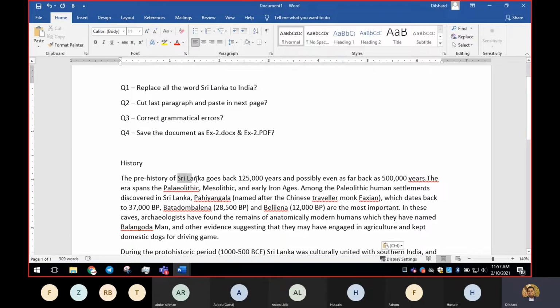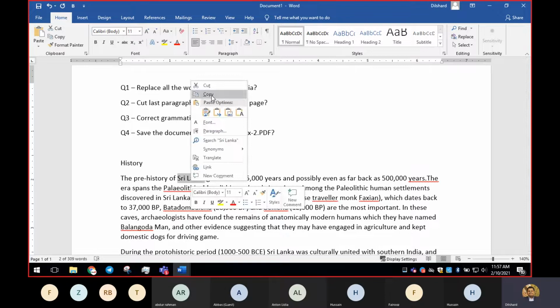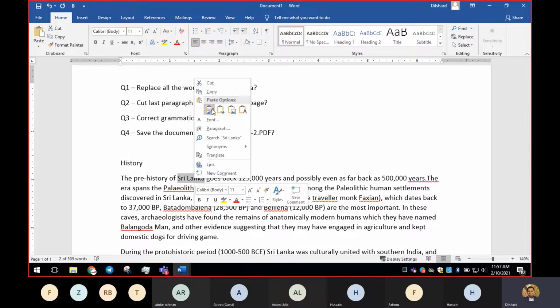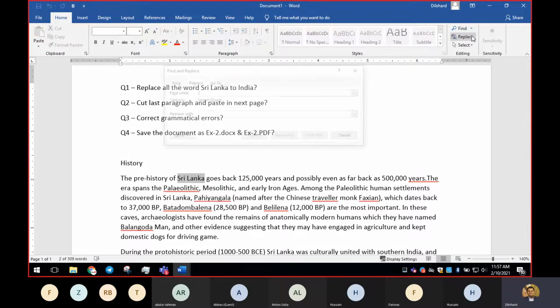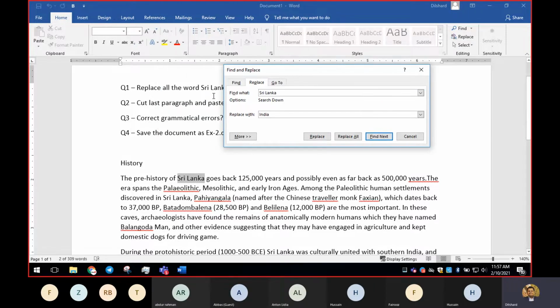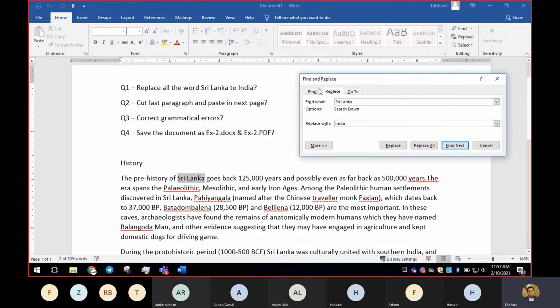So before we open that, if you are lazy, copy, and if you are not lazy, type. In my case, I'm going to copy, but I'm not lazy. I'm going to paste it here as Sri Lanka, and I'm going to type India here, because I don't have India in the page to copy. We have it here, but okay.